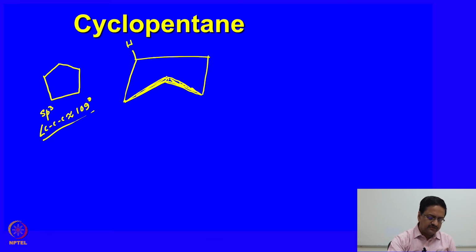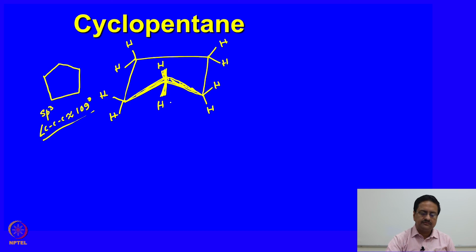2 hydrogen atoms on the back carbons are pointed backwards. 2 hydrogens on these carbons are on the plane of projection, and again 2 hydrogens are projected towards us on this carbon which is above the plane of projection. Now if we draw this molecule in the Newman projection by viewing through this C-C bond, which I name as 1, 2, 3, 4 and 5, what we would see is that